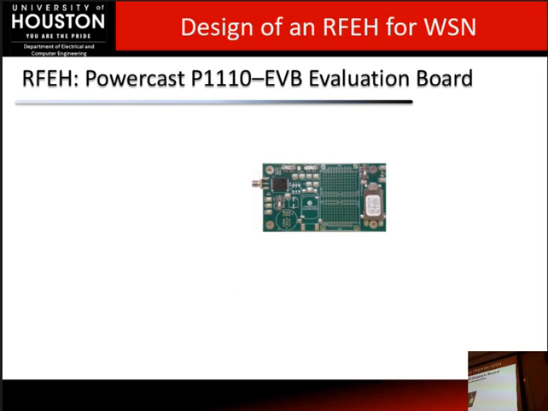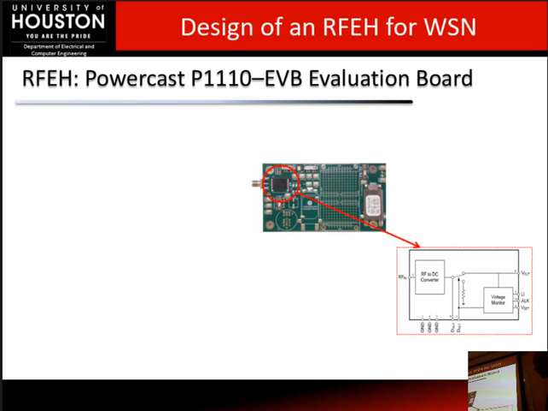The second block of the system is the energy harvester. For this, I selected the hardware of a company called PowerCast. This is the evaluation board that is supplied. It comes with a proprietary chip from PowerCast that converts harvested radio frequency signals into a DC voltage. And this DC voltage can be stored in a supercapacitor or a battery, or can be used directly for an